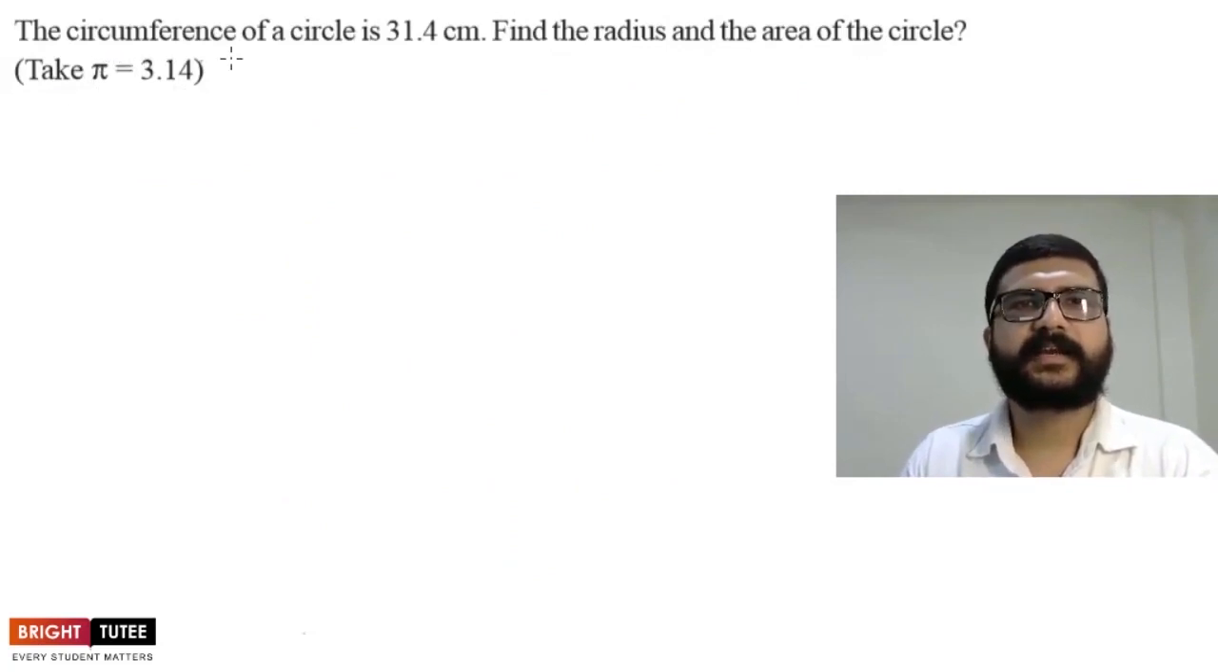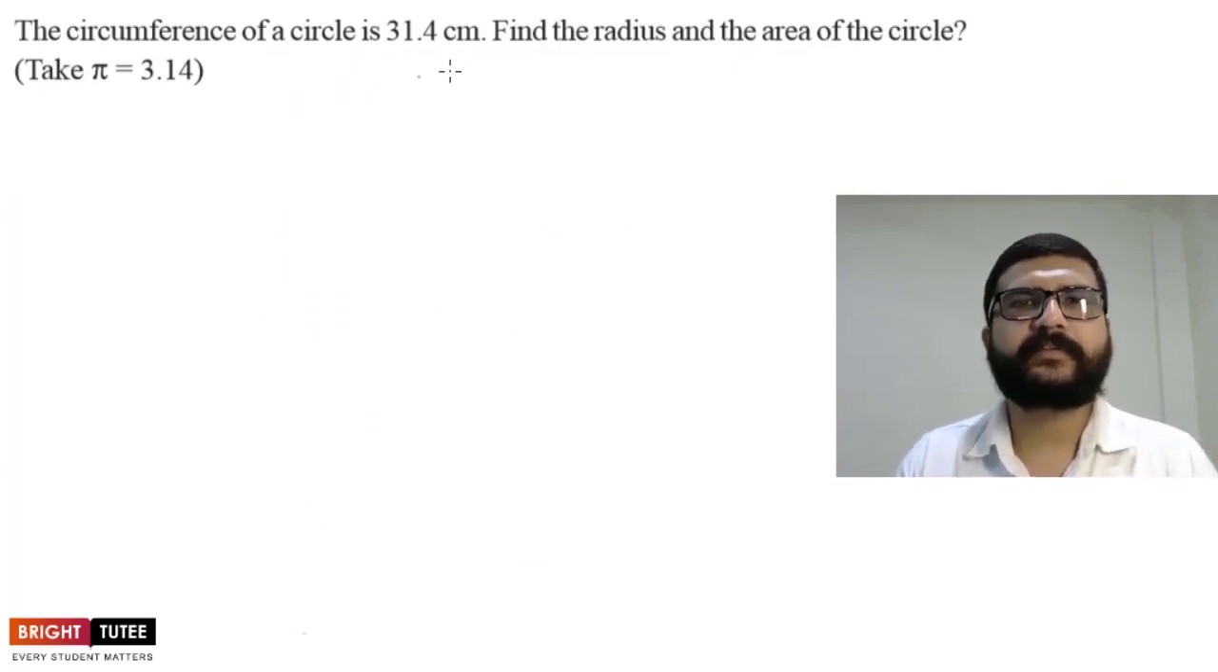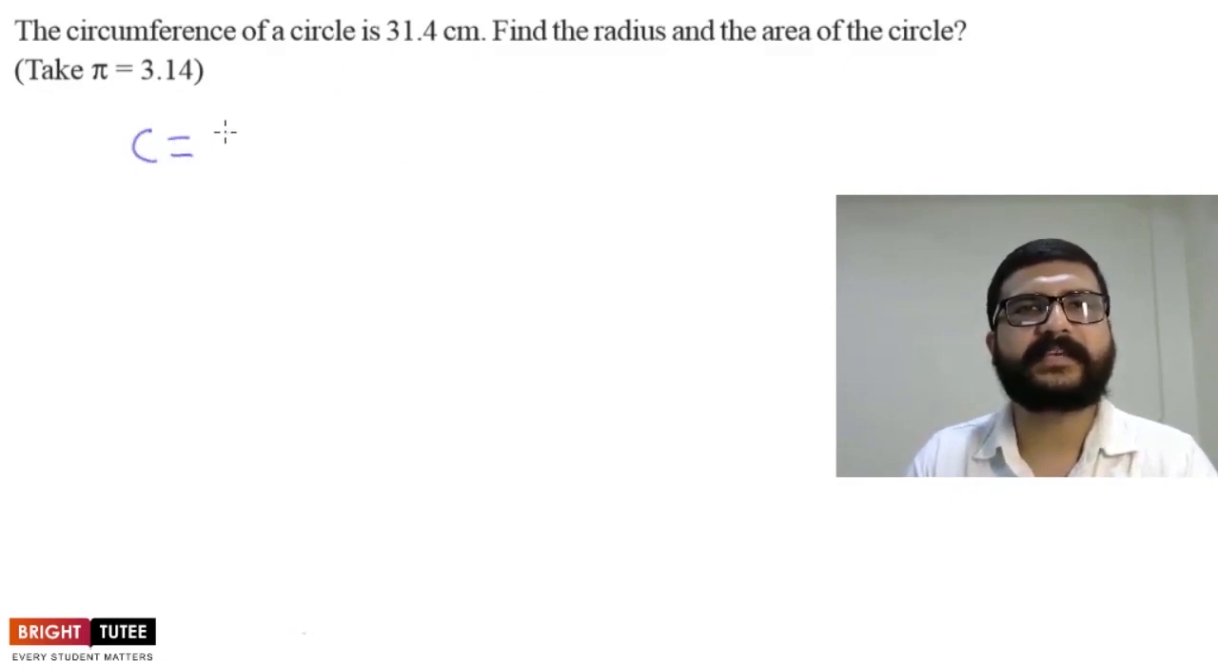The next question is, the circumference of a circle is 31.4 centimeters. Find the radius and the area of the circle. So first of all, we will find the radius of the circle, and then by using that radius, we will find the area of the circle also. So it's given that circumference is 31.4 centimeters. So we have circumference C is equal to